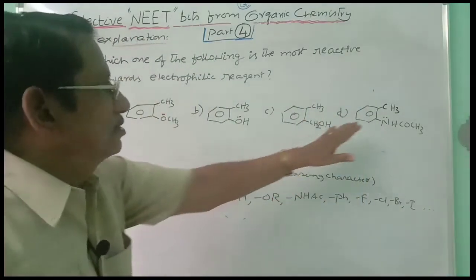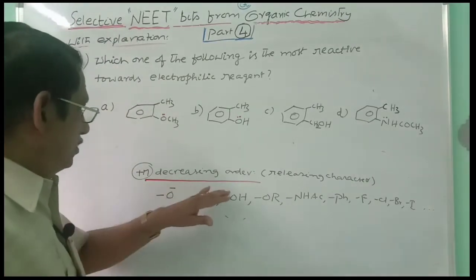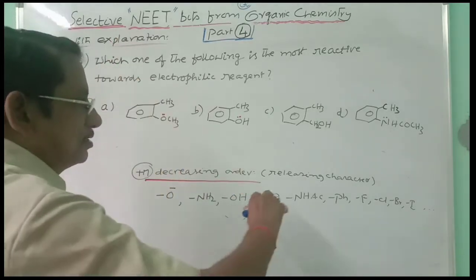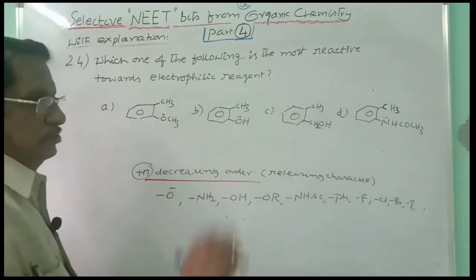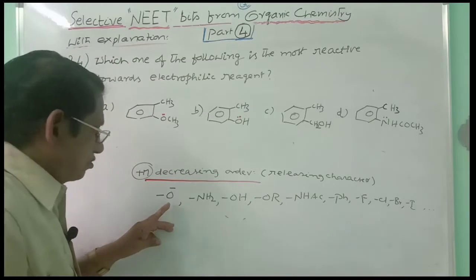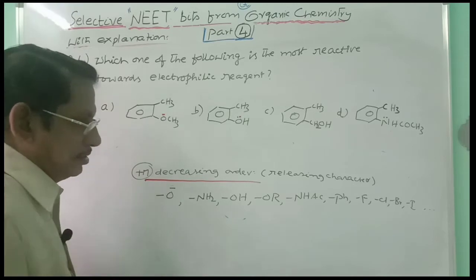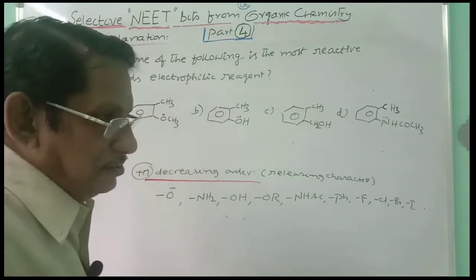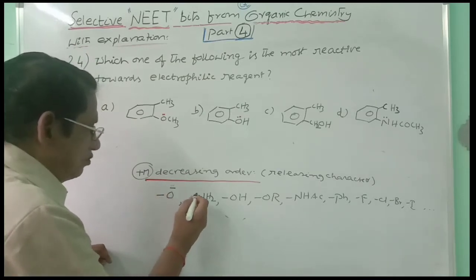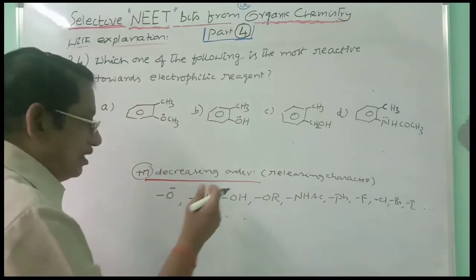You have to compare these three bits, A, B, D, to see which is more releasing. You have to remember and recollect the plus mesomeric decreasing order of the various groups, the decreasing character of various groups through plus mesomeric effect. All these have lone pairs. First priority should be given to O minus. A minus charge means it has two electrons. Releasing a charge is easier than releasing a lone pair, and that is why this will be more electron releasing, first priority. Next, NH2, as electronegativity is less here, that will release more than oxygen.